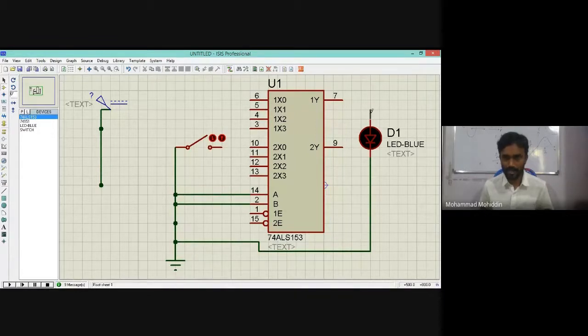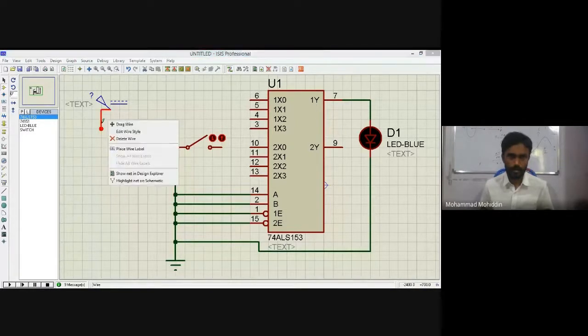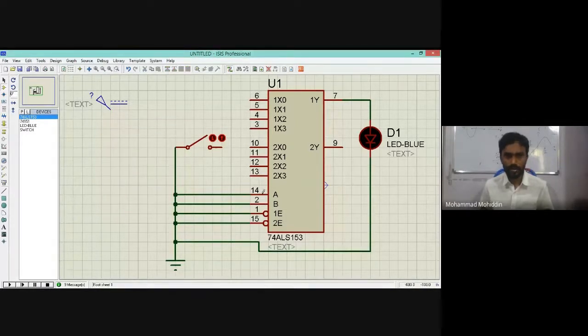I am checking the first multiplexer, so I will take the first one. This is VCC, right? Both the enables I will make 0 because both the multiplexers will be on. Now selection lines 0, 0 means this input gets selected, the 0th input. Understand? The 0th input is selected.